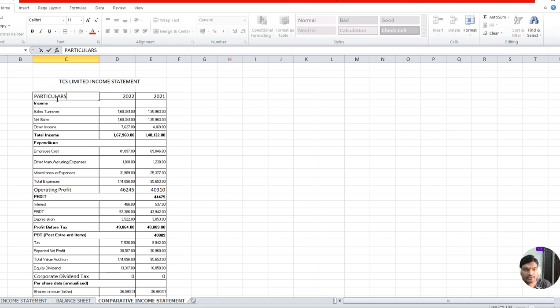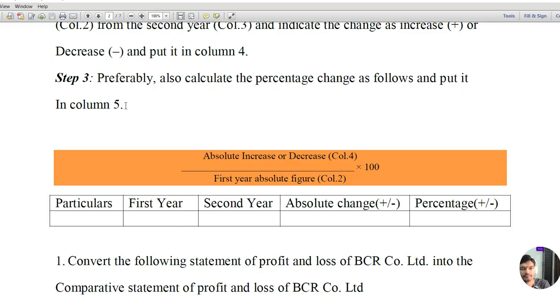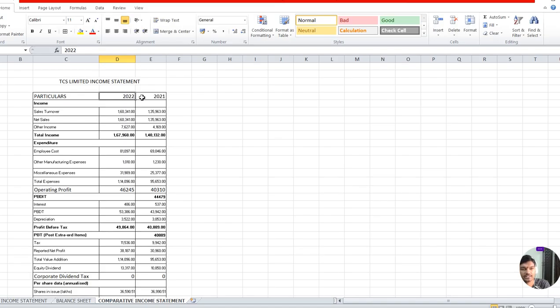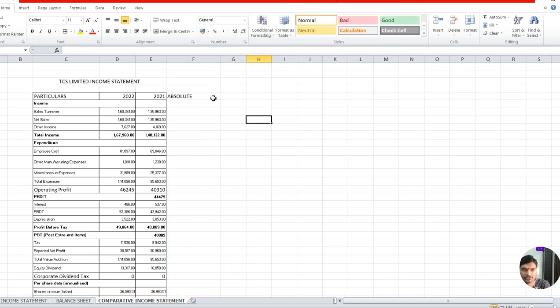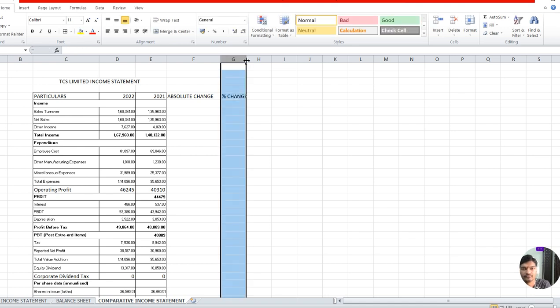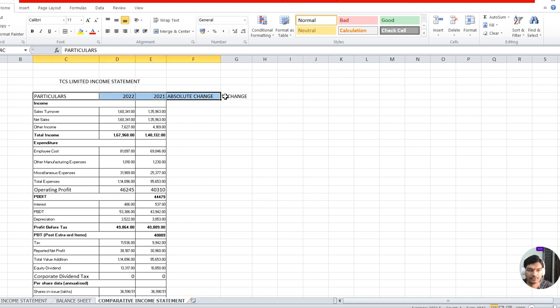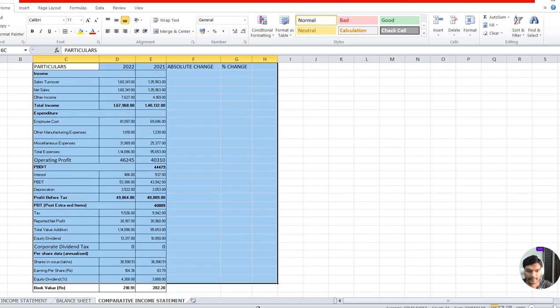So particulars, so this is year, first year, second year. This is the current year, this is the previous year. So this is what absolute change. Absolute change, you can drag down the cell like this, absolute change. Then this is called percentage change. This is percentage change. You can simply